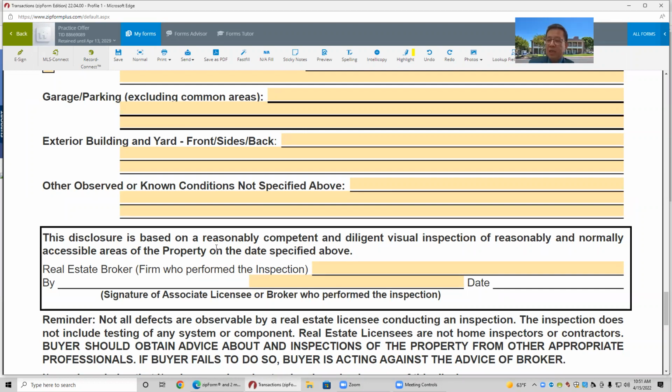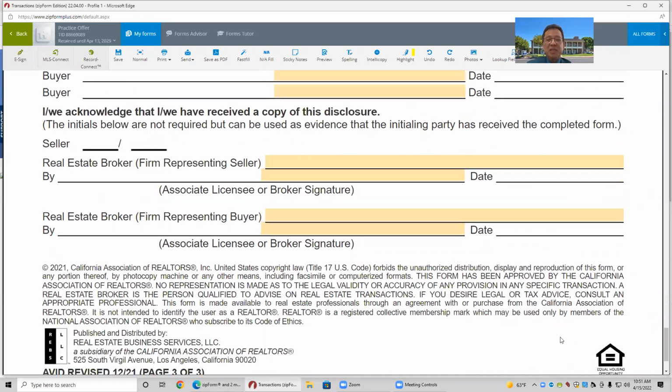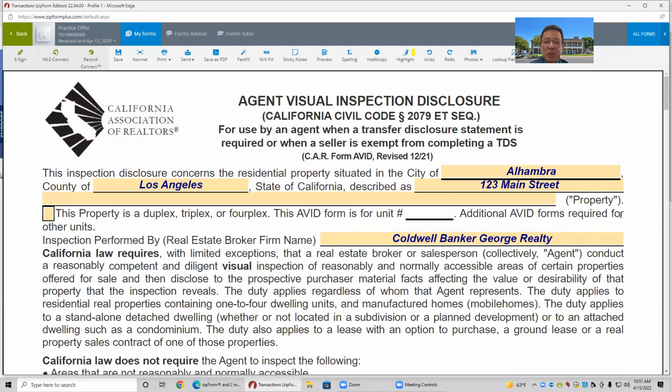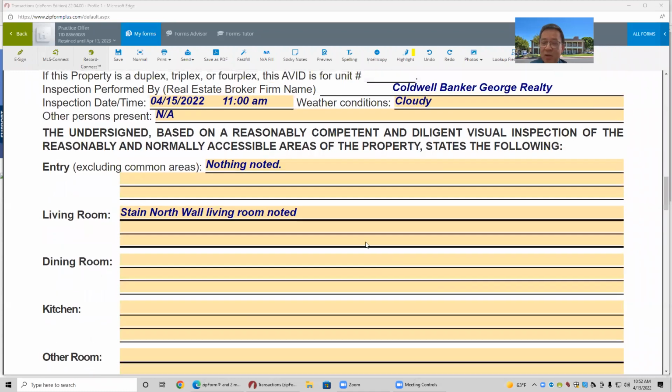Well, the AVID is not statutorily required. It's merely an extension of the TDS where you would be putting more information about the disclosure that pertains to material facts and which are visibly obvious to the agent who's doing the AVID. So Michelle is right that you should just note all the material facts, material items in the premises, but don't leave any blanks anywhere, because